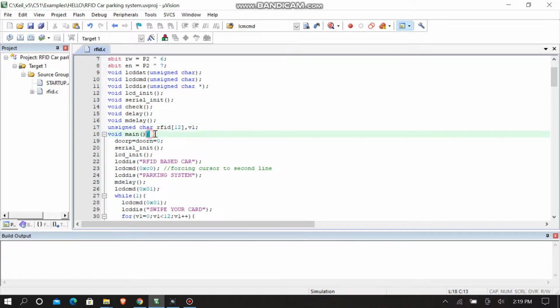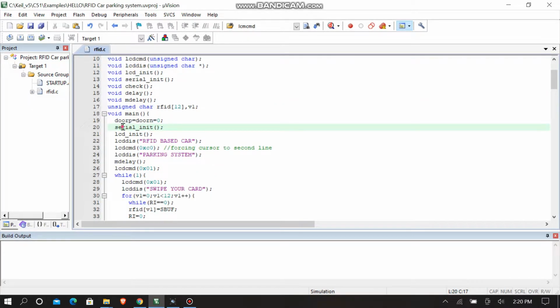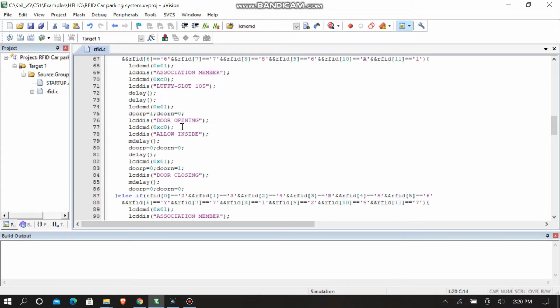So let's go directly to the main program. First of all, we will initialize both the motor drivers to be off, so we have put it 0. Then we will initialize the serial. So let's get into the serial init.